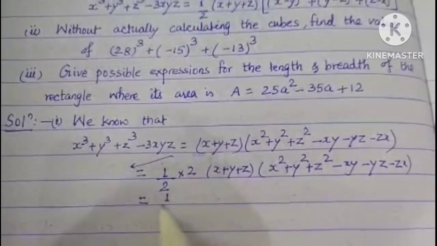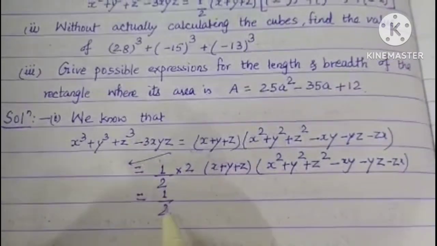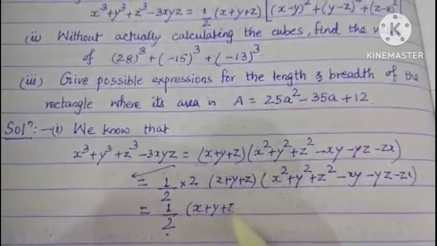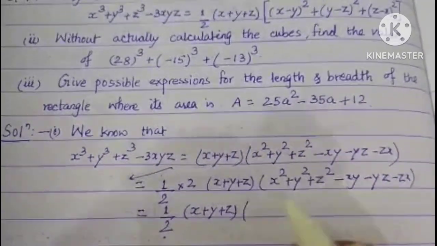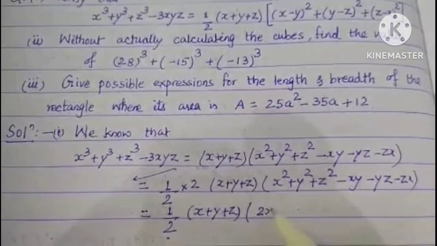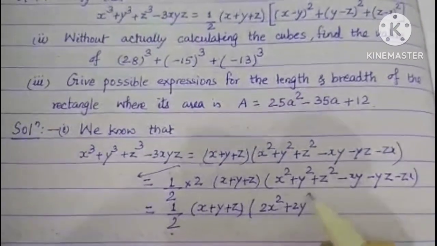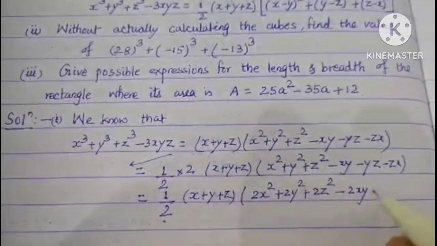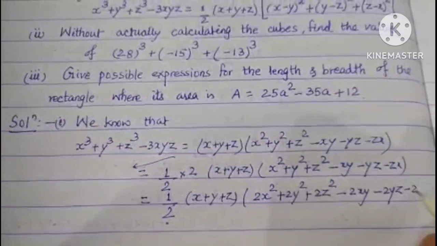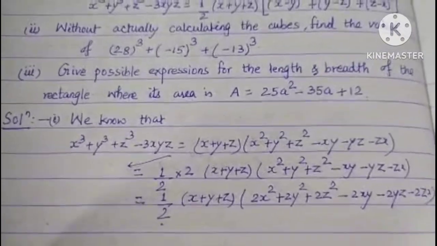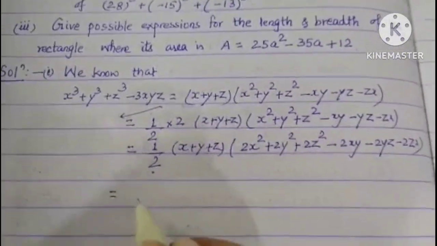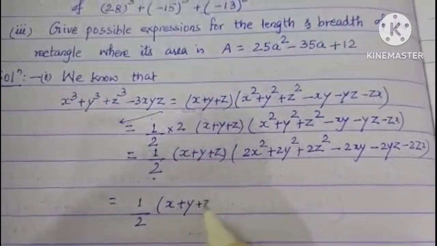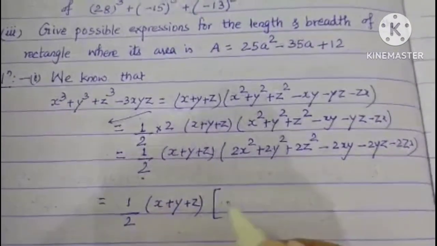Now we will keep this 1 by 2 and this x plus y plus z also, and we will multiply by 2 this portion. So it will be 2x square plus 2y square plus 2z square minus 2xy minus 2yz minus 2zx. So this will be half x plus y plus z, and we can write it like this: